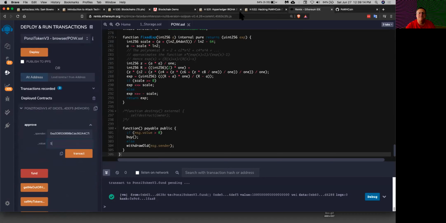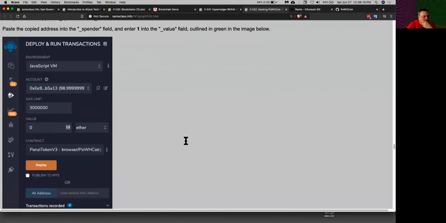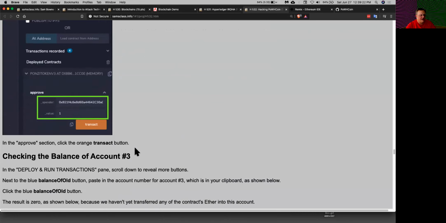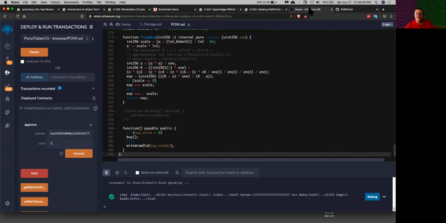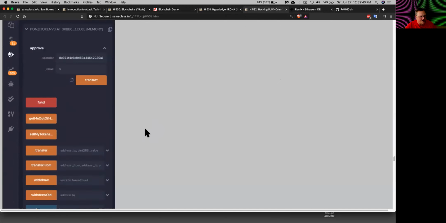All right. I do the transact, and now if I check the balance of account number 3, it doesn't have any money yet. So let me run this. So I do this transaction, and the transaction succeeds. Okay, but all that did was approve a transaction. It didn't actually move the money yet.